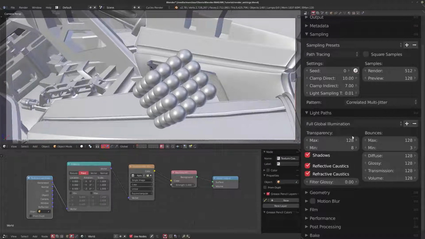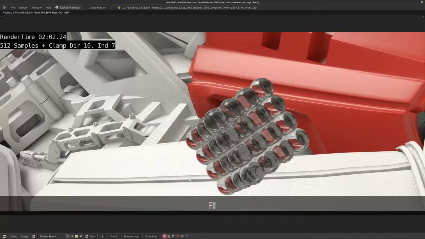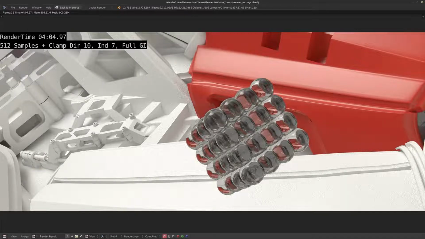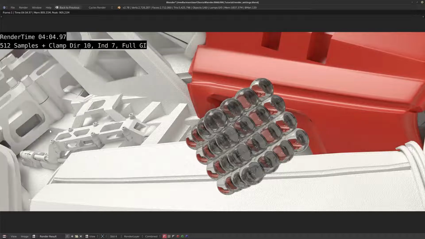The reason I'm able to use this is because I have a very powerful workstation, and I don't mind waiting that extra little bit of time. But if we have a look at what this actually does to your final render, visually, if I go to my fourth slot where I've enabled full GI, you can see I get way nicer light distribution. We get some of these really dark and muddy areas even over here on the right. If you keep an eye on those, you get a lot more light bleeding in through your scene, and it looks a lot nicer, in my opinion anyway. But we have doubled our render time. So this is definitely something to keep in mind.